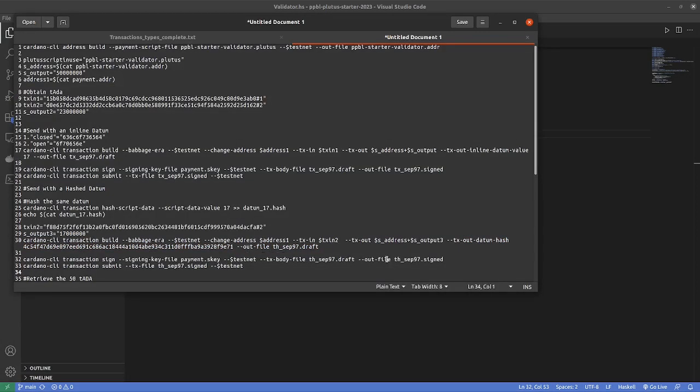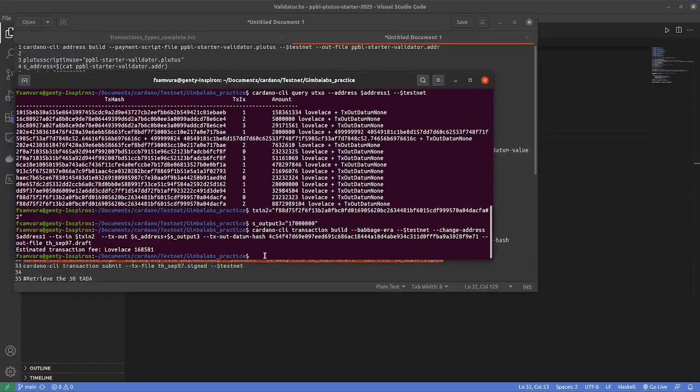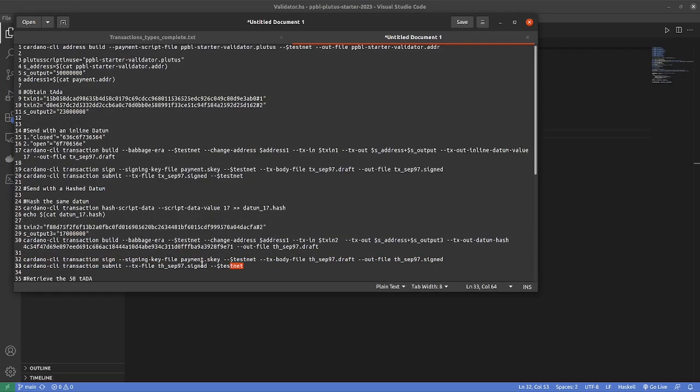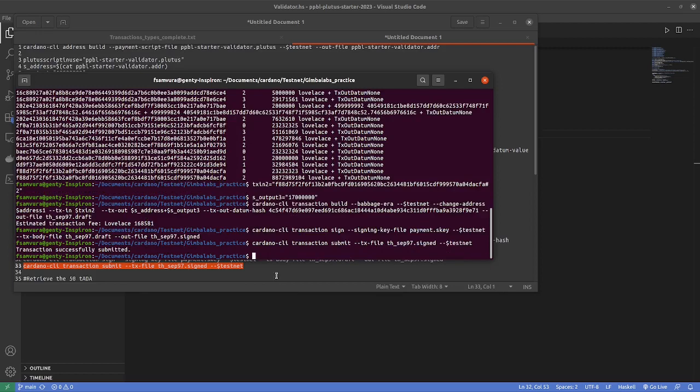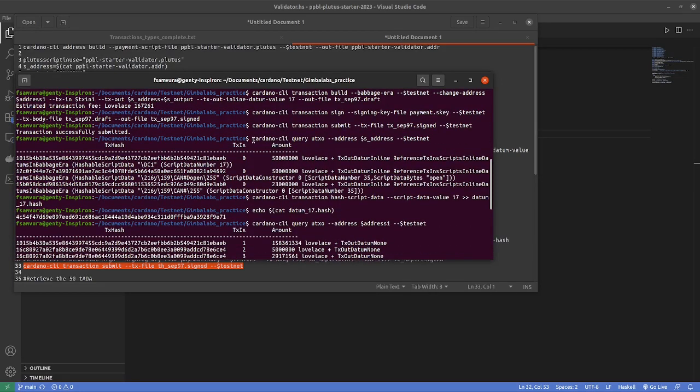Now I can submit it. I signed it, now I can submit it. Okay, successfully submitted. Now we can look at the smart contract address, and we will see those two transactions, and then we'll try and retrieve them